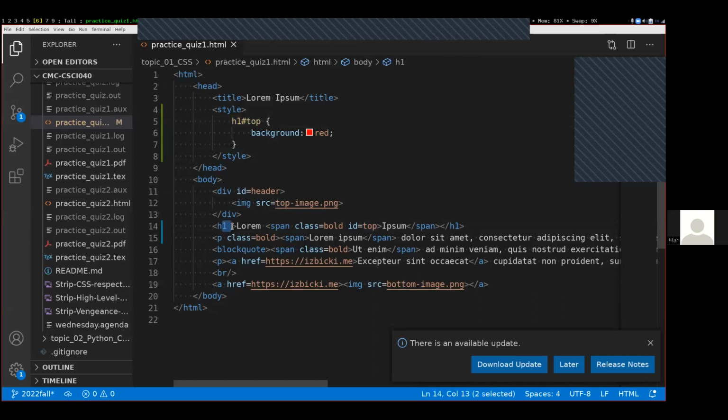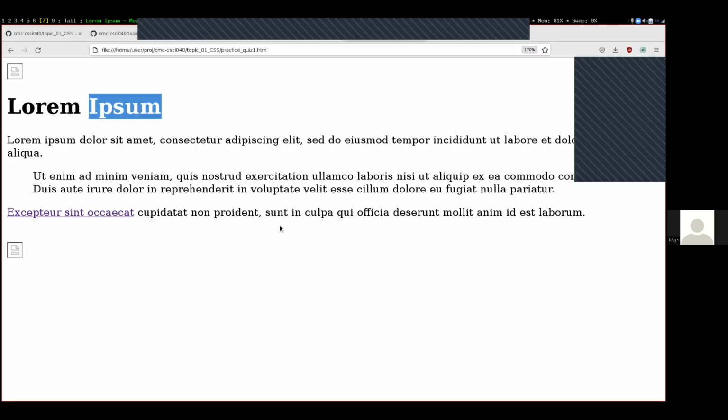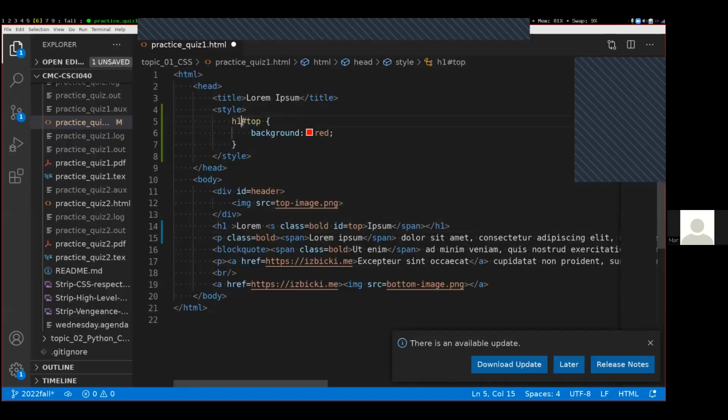This H1 has no ID, so it can't match. This ID equals top is not an H1, so it can't match either. Save that, come over here, refresh. Again, nothing matches. So the space or no space, it doesn't matter whether it's a hashtag or a dot